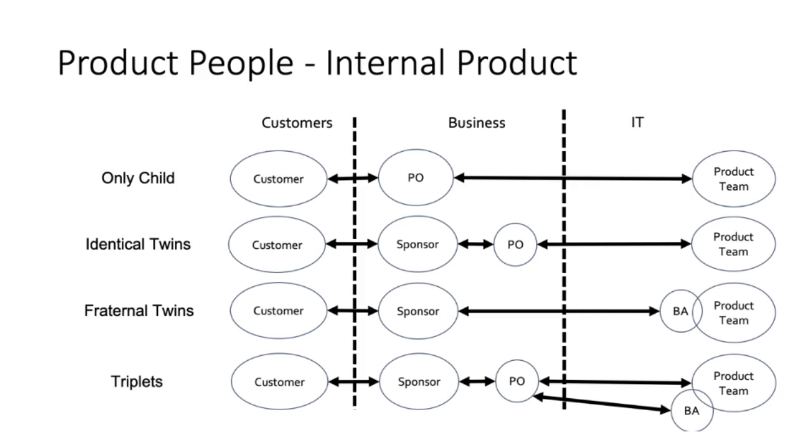The sponsor. Unless that leader is going to put aside all of their other responsibilities, don't call them the product owner, it will only lead to confusion. Instead, ask that leader to act as a sponsor. As a sponsor, they'll make key decisions about the problem to solve, when that problem should be solved, and how much it's worth to the organization to solve that problem. The sponsor should provide air cover for the product team. Providing air cover includes protecting the team from distractions and removing obstacles from the product team's path.